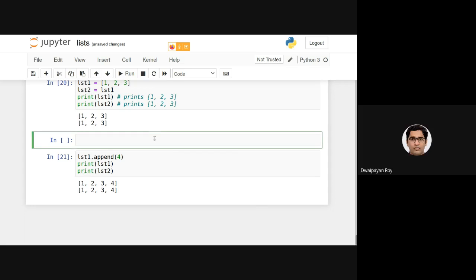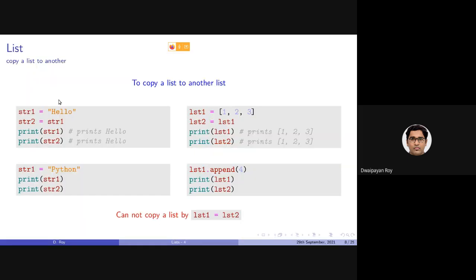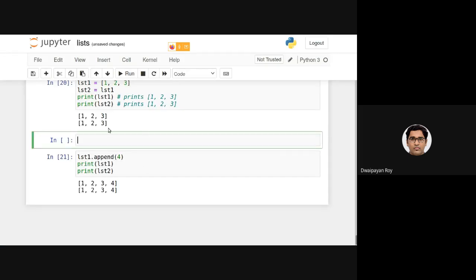Good question. To understand that, we'll be referring to the discussion on mutability and immutability. As strings are immutable, that's why this is actually possible. This will actually be printing Python and hello. But as lists are mutable, this is happening because of that.